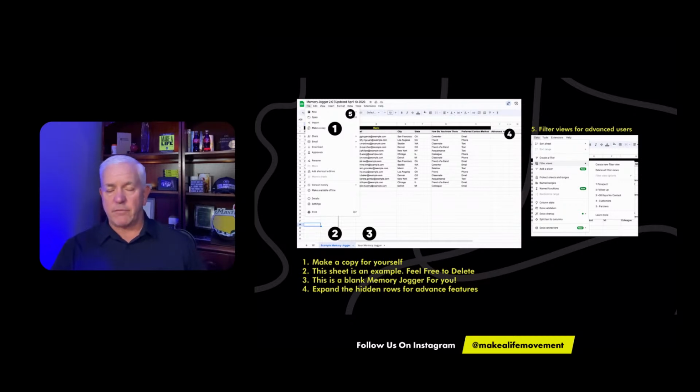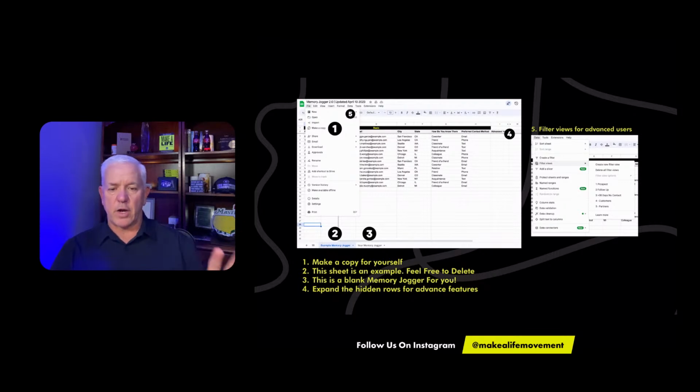So, we've developed this part of this little memory jogger tool, and I'm just going to go over this quickly. And again, if you're using a legal pad, index cards, or post-it notes, they all work. It's fine. But you're going to open this document up. You're going to go there yourself, make a copy. And this is just an example sheet. You can just delete it once you open it, once you understand how it works.